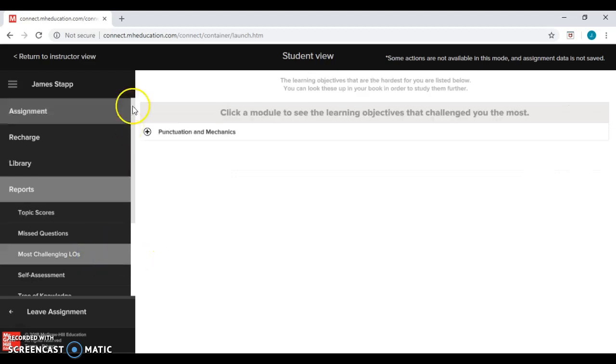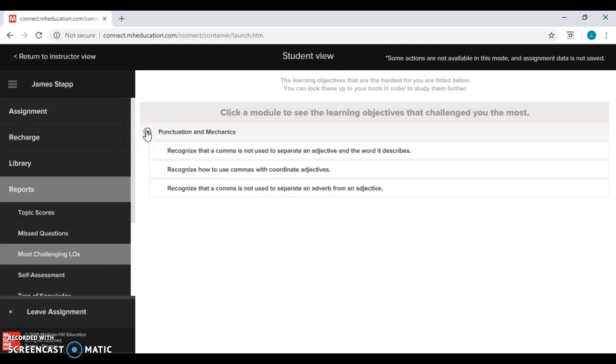Most challenging learning objectives, same thing. You have the drop-down menu. These are going to be different than the missed questions. I think this is very, very useful. Recognize that commas are not used to separate an adjective and the word it describes. Recognize how to use commas with coordinate adjectives. Some of this stuff you'll look at and you'll say to yourself, I don't even know what that means. That's when it's very helpful to Google it and look it up, because the goal of this assignment